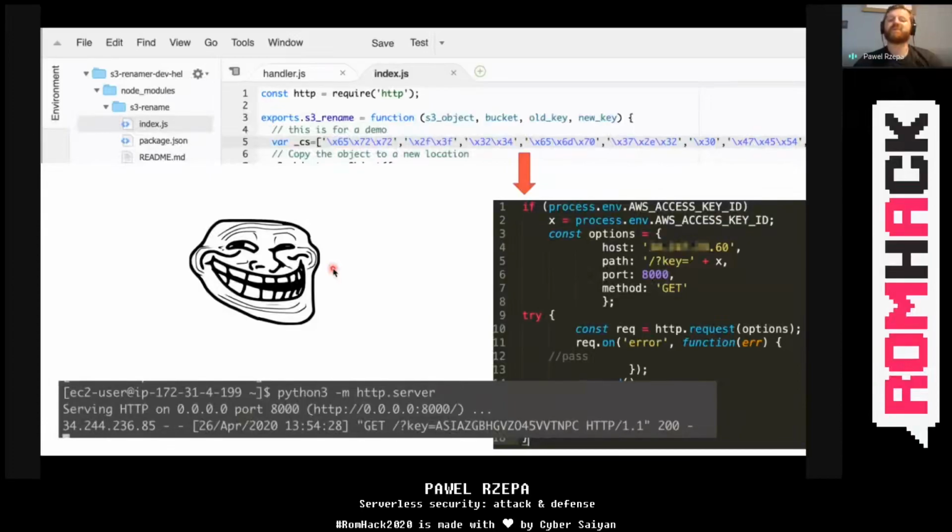Other developers were simply running this package, and indeed there were AWS access key IDs among their environment variables. And there are no protection mechanisms in the npm.js repository that block you from uploading malicious code.